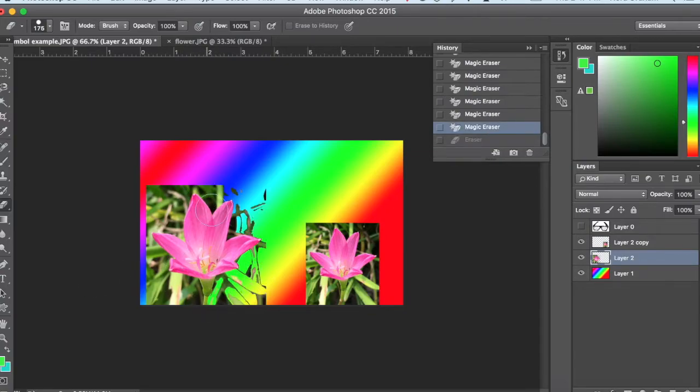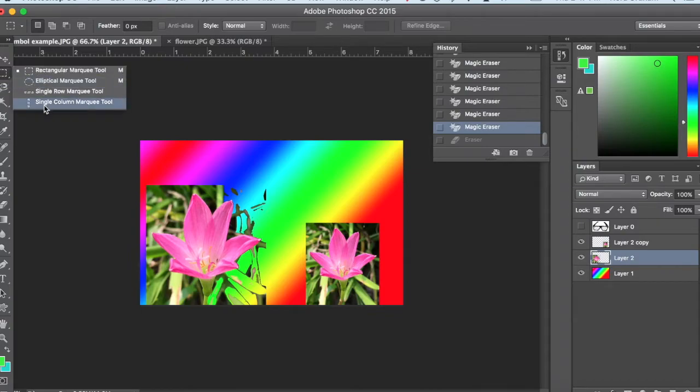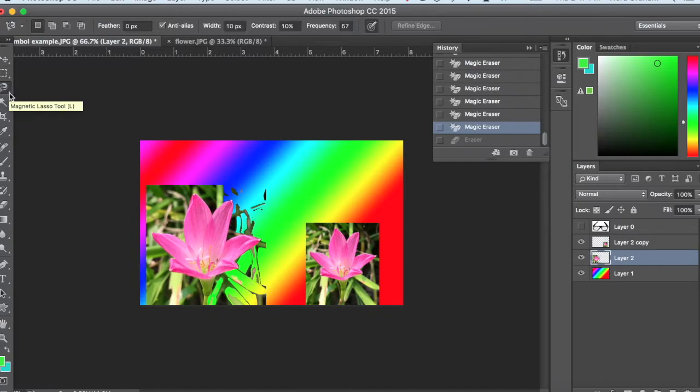Maybe you'll want to just select the flower, and you can select something with a marquee. There's a couple different shape marquees here you can use. You can also use the very exciting lasso tool. So we have the magnetic lasso, and under sub the lasso, we have the regular lasso and a polygonal lasso for geometric shapes. So if I just go with my lasso tool, I can click